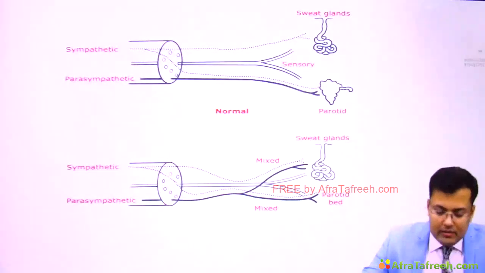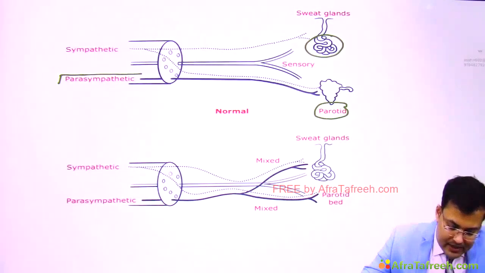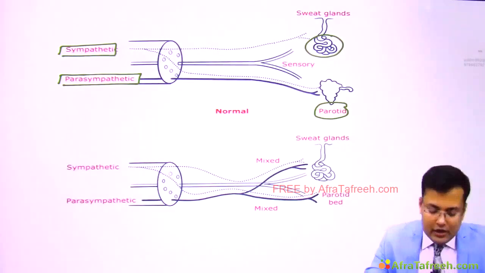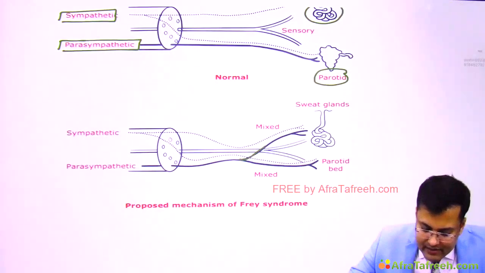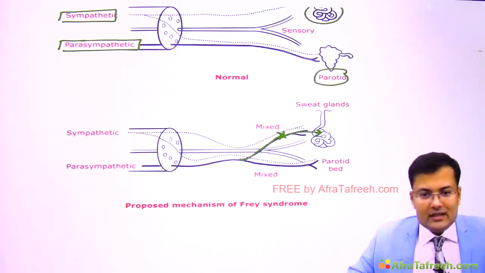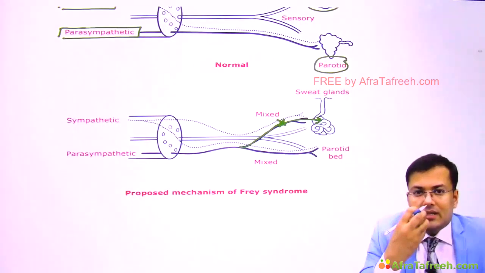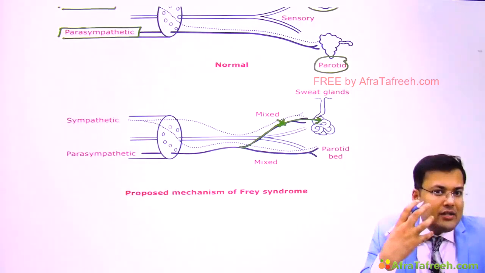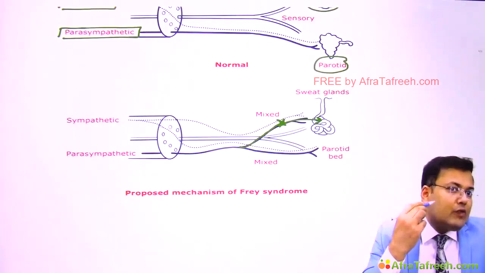So here you can see the problem. This is the sweat gland and this is the parotid. Clear? These are the parasympathetic fibers and these are the sympathetic fibers. It's normal, but whenever because of surgery there is aberrant cross innervation, what will happen? Can you see certain fibers are attached to the parasympathetic and it is going to relate to the sweat glands. So whenever there is autonomic stimulation, whenever the patient is eating something, there is smell of food, there is activation of this parasympathetic system. But what is the problem? Because of this activation there is sweating over this cheek region, especially over the parotid.